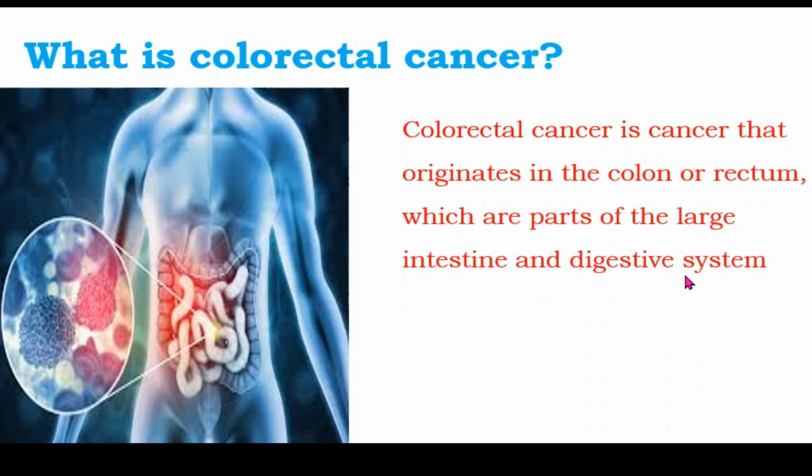Where is colorectal cancer located? Colorectal cancer originates in the colon, large intestine, or rectum, the final part of the digestive system. The common name for colorectal CA is bowel cancer, colon cancer, or rectal cancer. Development of colorectal CA. Colorectal cancer often starts as a polyp, a growth on the inner lining of the colon or rectum. Types of colorectal CA. The most common type is adenocarcinoma, which develops in the cells lining the colon or rectum.